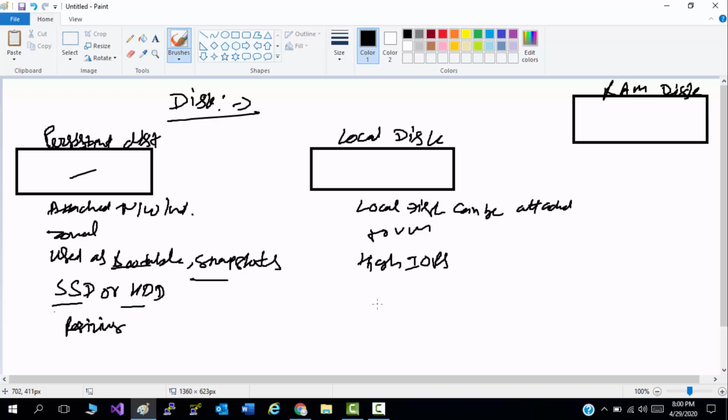You cannot live migrate this disk, that is a limitation. For connecting the disk you get a SCSI or NVMe interface. One more thing: local disk is not available in shared core, so you cannot attach a local disk to shared core.